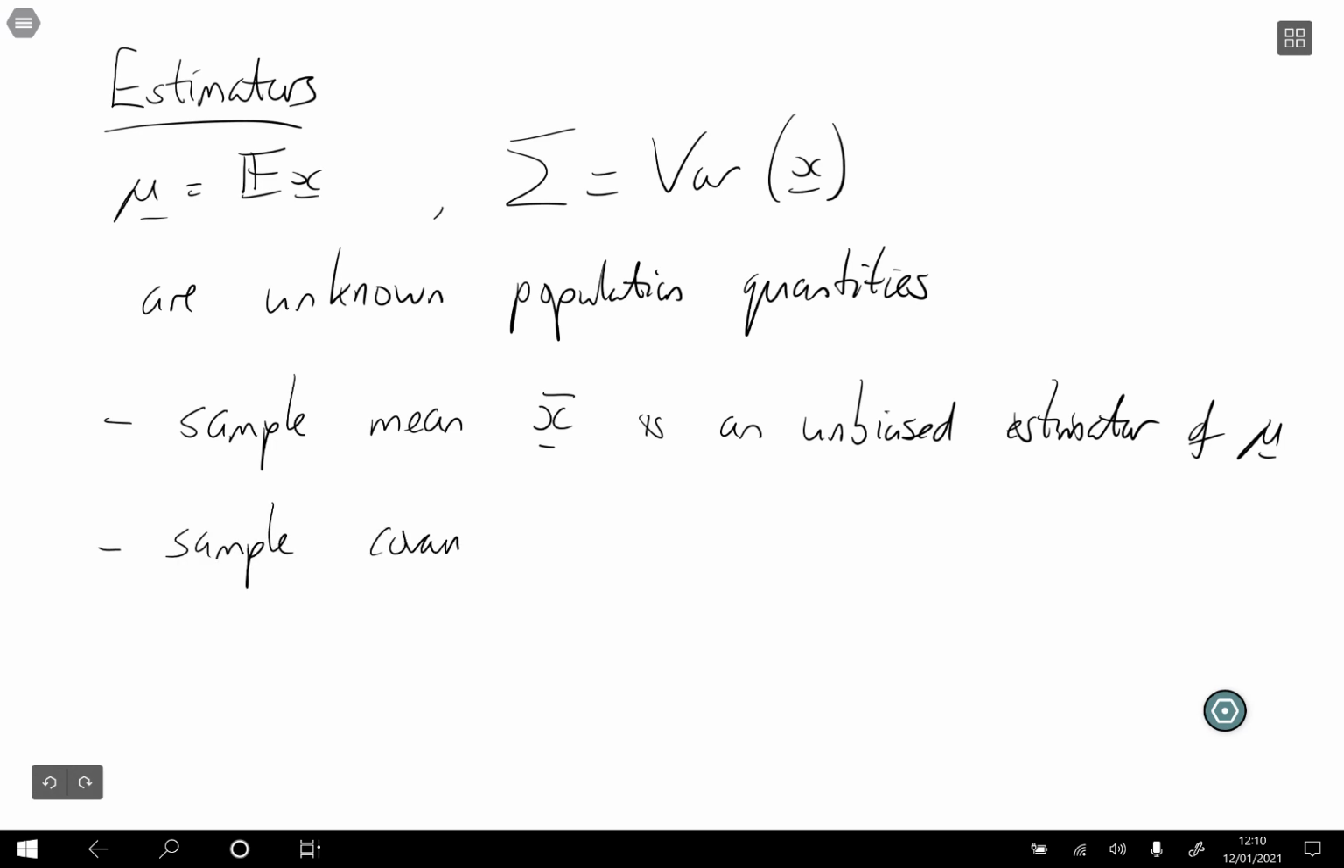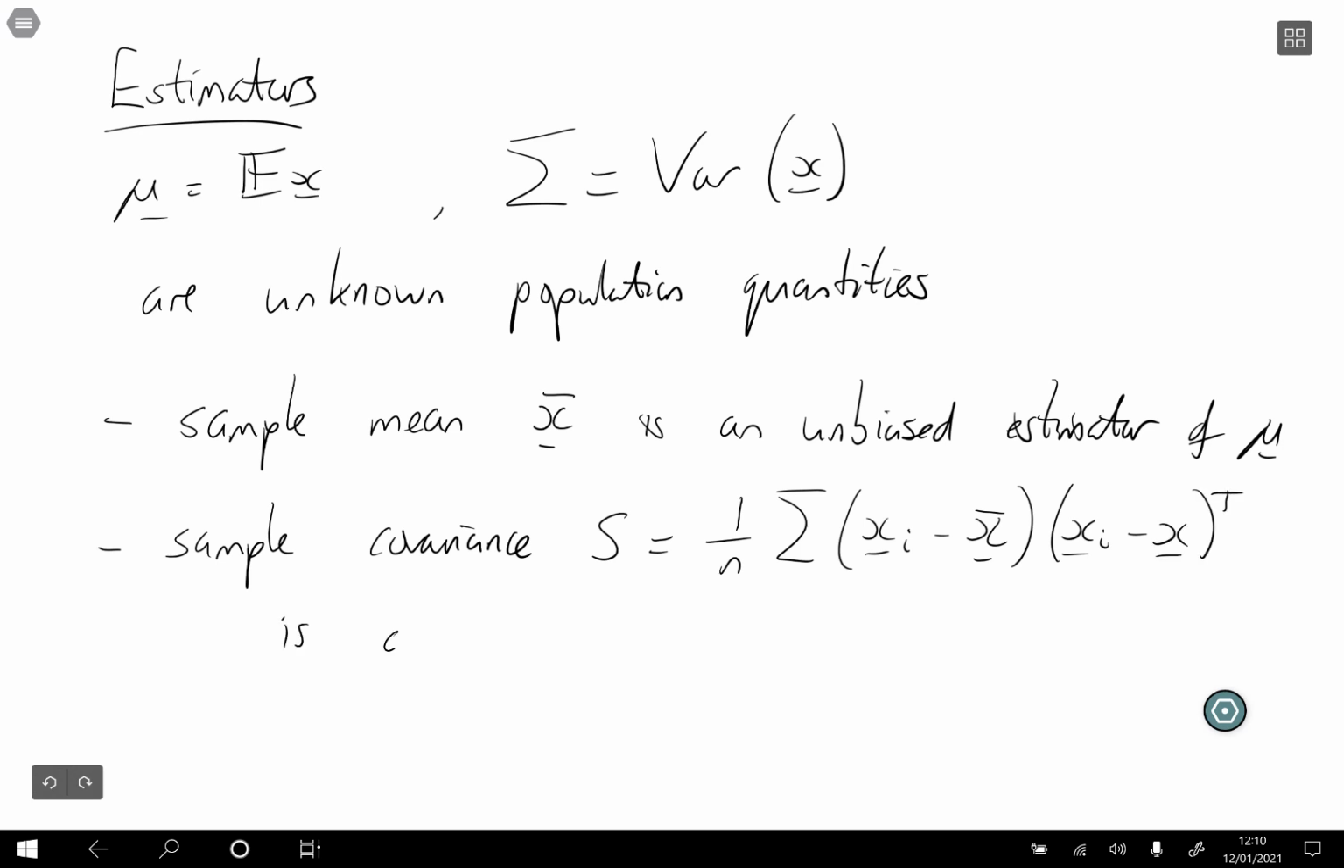Similarly, the sample covariance matrix of the samples x, which we called S, we defined this before to be 1 over n, the sum of (xi minus x bar) times (xi minus x bar) transposed. So this is our sample covariance matrix. This is a biased estimator of sigma. So it's often used as an estimator of sigma, but in this case there is a bias in that estimator, and we'll talk more about that later. So this is a biased estimator of